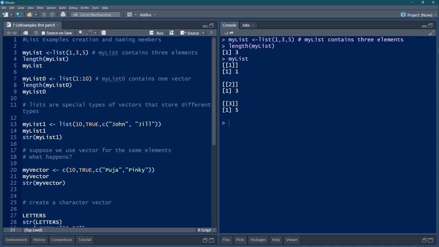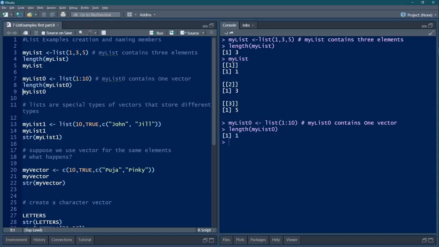We will create mylist0 in which we will create 1:10 elements, and we will give the list function as usual. So, let's see. mylist0 has been created. Let us look at the length of mylist0. We get 1.